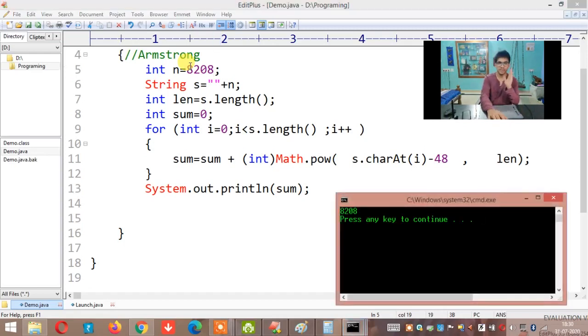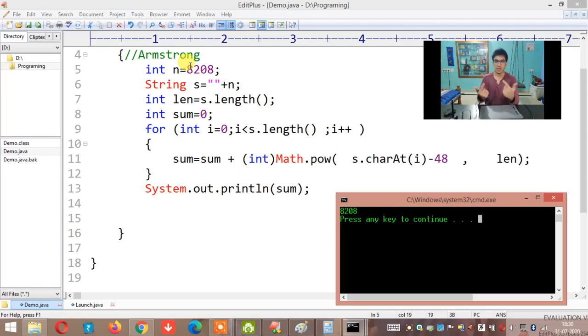8208, I got, right? So I hope you have understood. But you should not print 8208. Your task is not to print the 8208. Your task is to print whether the resultant number is the same as the original number. Because if the input number n and your calculated value sum are the same, only then you have